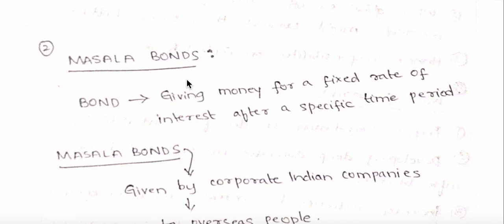US and other NATO countries have made several sanctions on me. I want wheat and other food products. So through this concept of masala bonds, I will borrow money from Indian corporates for a fixed interest amount